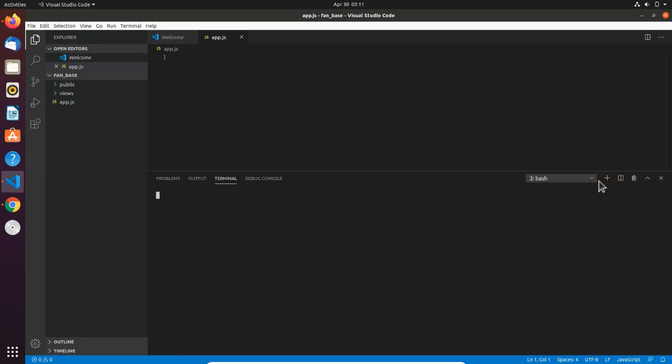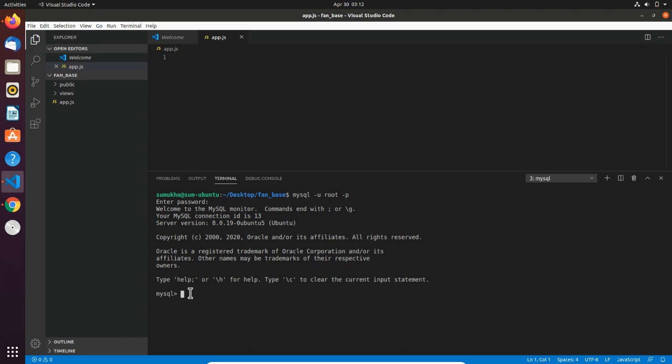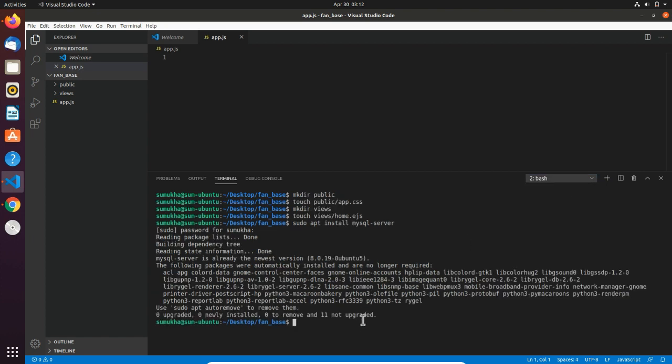To run our MySQL server, go to another terminal and type mysql -u root -p, hyphen u root hyphen p, and then my root password. This is my SQL CLI, just to make sure that the MySQL server is running.